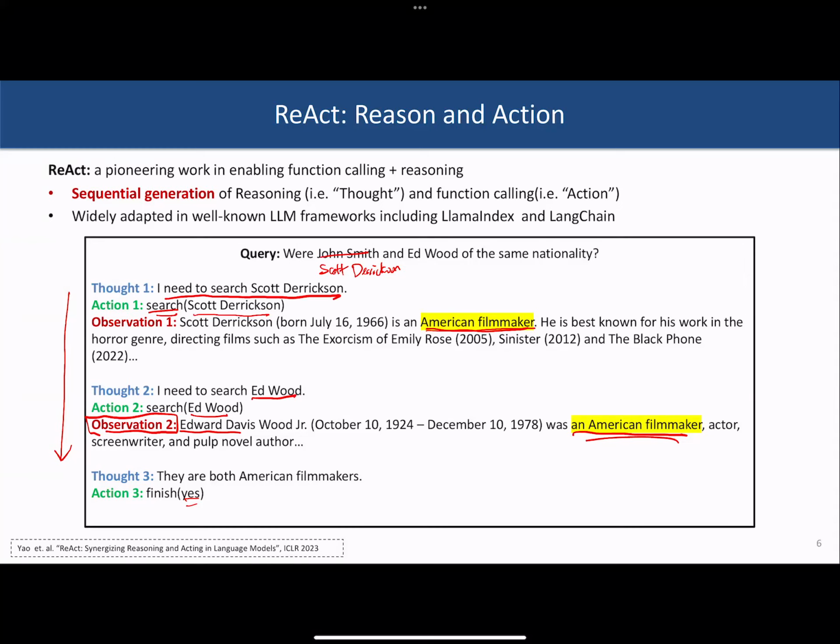One of the reasons that accuracy is a problem is because these intermediate observations could contain data that could actually mislead the LLM. Another common failure with ReAct is that it could actually stop execution. It makes an observation and it forgets that it needs to make a couple of other function calls because of these intermediate representations.